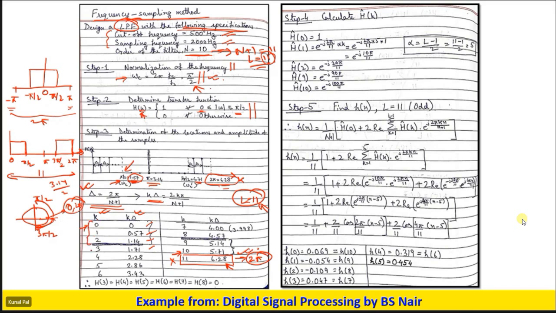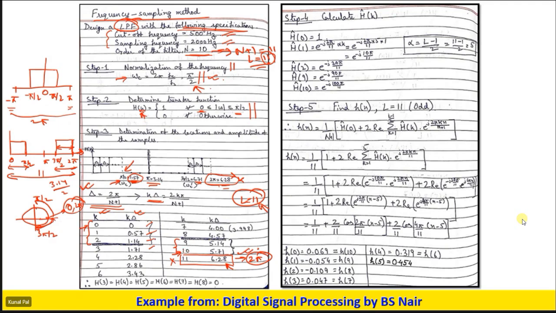Okay, similarly, in the 3 pi by 2 region, which comes out to be 4.71, we have to take the higher values, because here we have the lower components in the passband, and at the higher 3 pi by 2 region we also have the passband. So values greater than 4.71 should be taken. In this case, the points 9 and 10 should be taken.